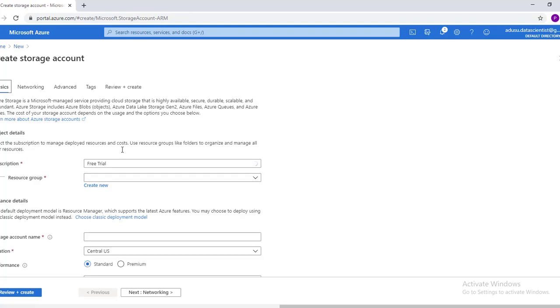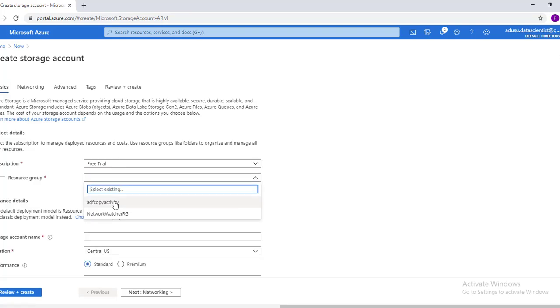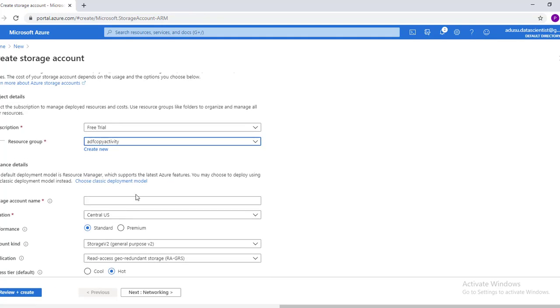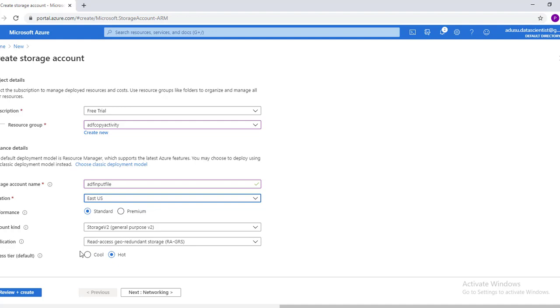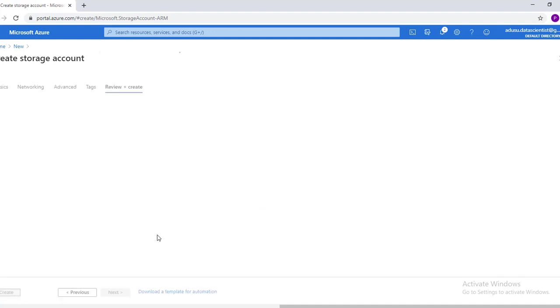We'll click on storage account, select the resource group, give a storage account name, select the East US location, and review and create.